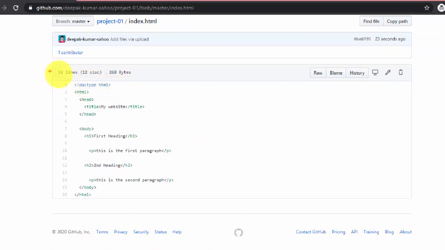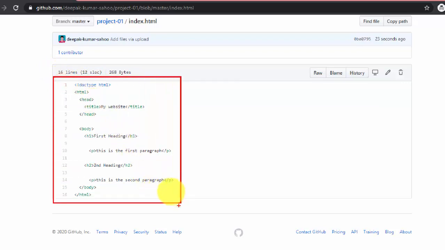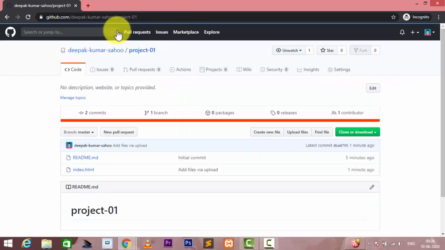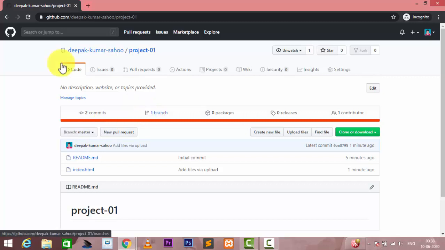Basically, this is our small page here, and right now it is showing the entire content, no problem. This is the total content basically.